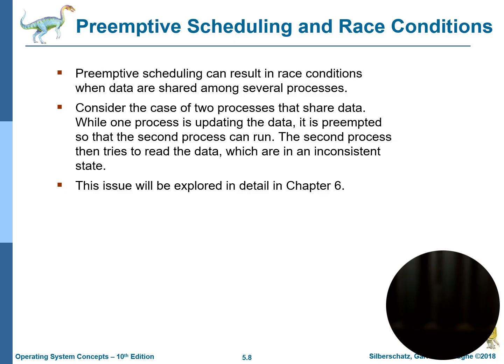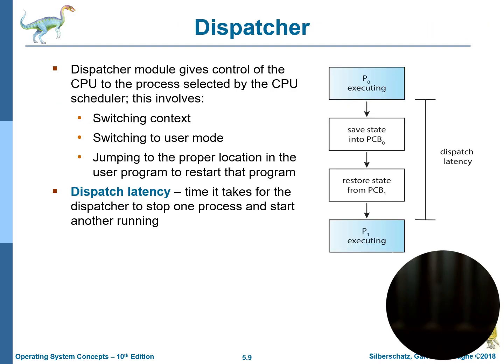Whenever two processes are sharing the same data section and both processes are preemptive, it means the possibility of race conditions comes in. A situation where one process wants to access data, but the other process has not completed updating it. Maybe it has gone to a wait condition before updating the data that needs to be used by another process. That is what we mean by race conditions.